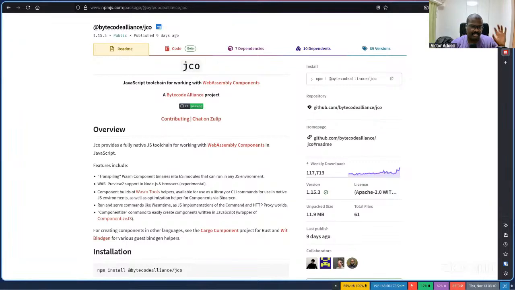What it does is take a WebAssembly component, break it into core modules, add some shim and glue code to do component model stuff, and then give you a JavaScript module, a folder with files in it, that will perform the functionality your component was written to do. So it makes your component runnable in JavaScript, as long as you have access to the built-in WebAssembly object.